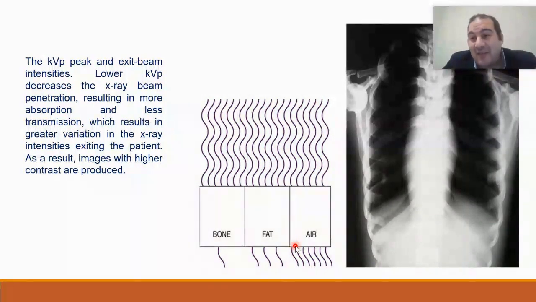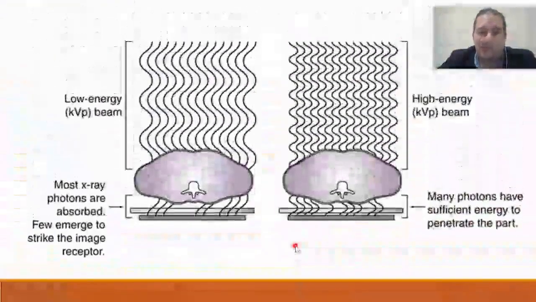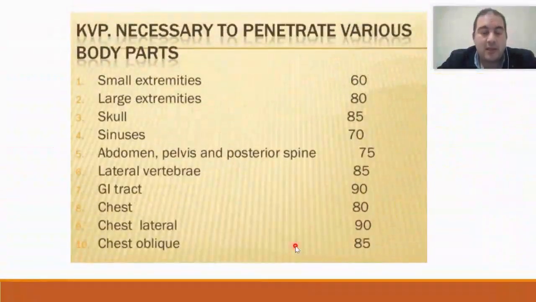However, in the case of using high kV, you increase the penetration power of the X-ray, which significantly reduces the difference between the transmitted photons coming from the high density object and the low density object. That's why the selection process is not just about increasing or decreasing the kV. The idea is to choose the optimum kV value that is suitable for many situations, particularly for the type of